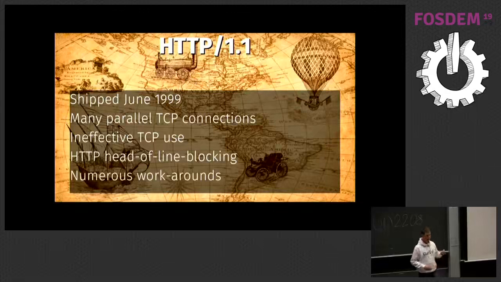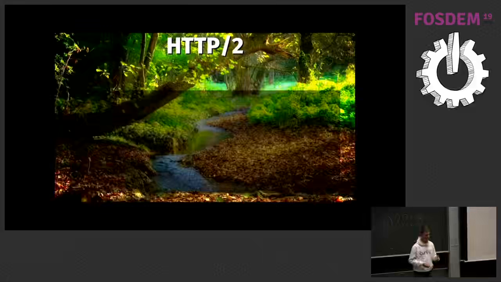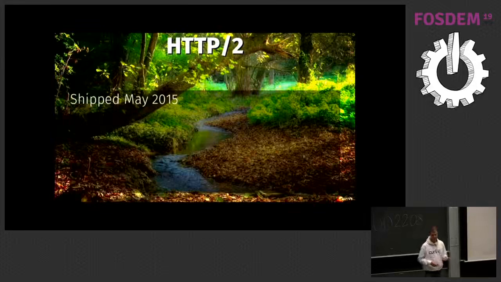And these are, of course, some of the limitations that people have created very imaginative workarounds for over the years. And those workarounds and those solutions were basically things that were taken into the work when HTTP 2 was made. So HTTP 2 was made to fix some of those problems that we experienced with HTTP 1. It shipped in 2015, not that long ago.